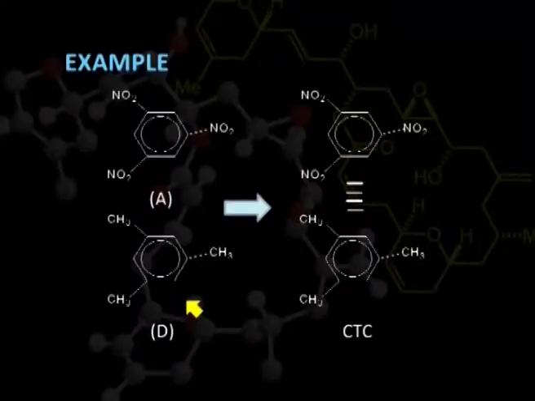We can further understand this with the help of this example. Here we can see that this aromatic hydrocarbon is electron rich. Therefore, it can act as donor. 1,3,5-trinitrobenzene, because of the presence of strong electron withdrawing substituents at 3 positions, has an electron deficient benzene ring and hence it can very well serve the role of acceptor. And here we can see that a charge transfer complex is being formed by the weak interaction between the two.